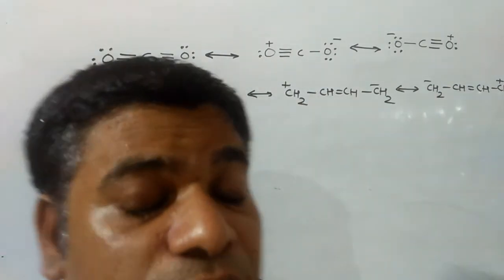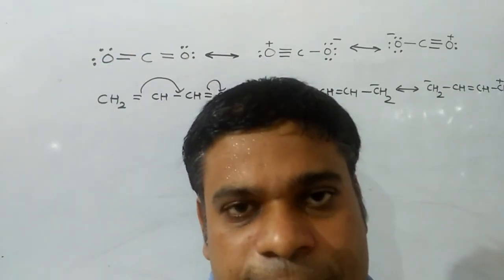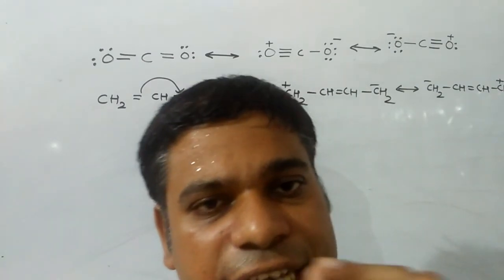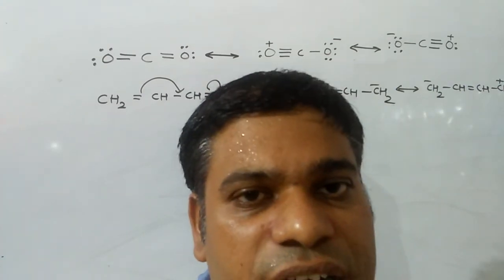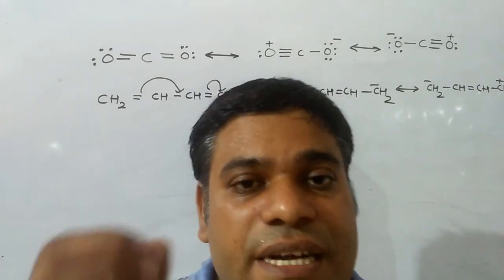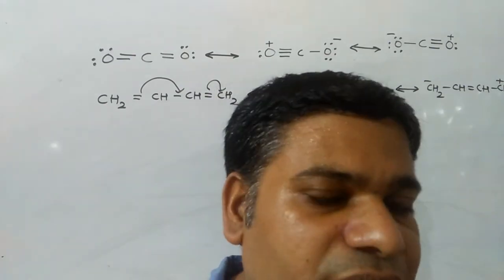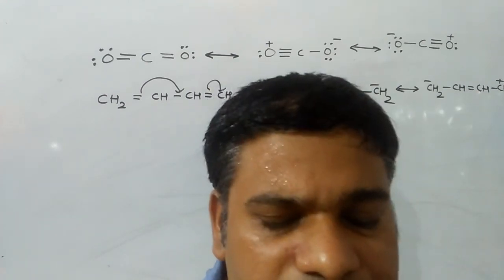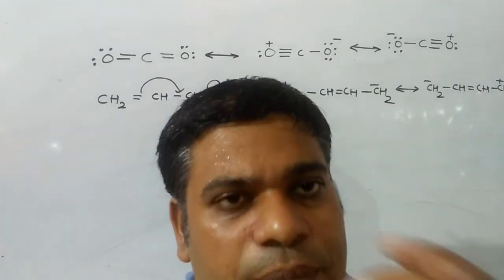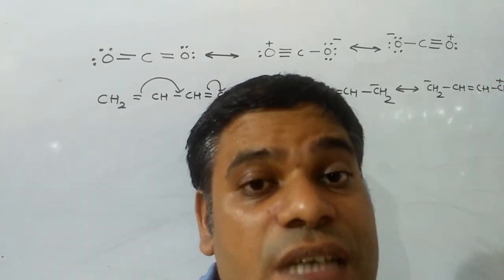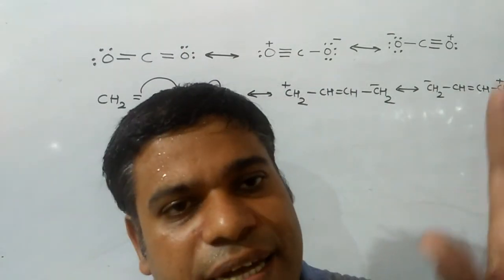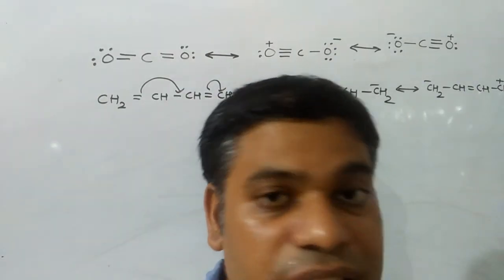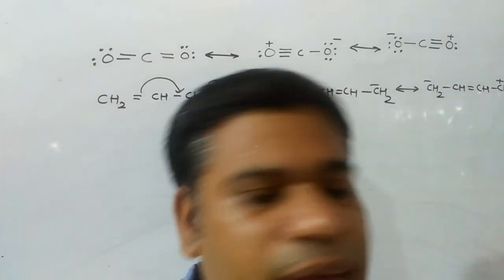And the last topic for today that we are going to discuss is resonance energy. Resonance energy may be defined as the theoretical value of the reaction minus the experimental value of the reaction. Or it may be defined as the difference in the energy of a contributing structure and the most stable structure, known as resonance energy. Mathematically it can be found by taking the theoretical value of the reaction minus the experimental value of the reaction. With the help of this we can solve the numericals also.